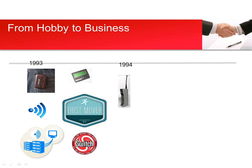Again, technological advances are very fast in the field. By 1994, Motorola came out with their first mobile phone. It was a brick phone, and there was an even bigger unit that I had my driver carry around with me whenever we went out. That was how big it was. This did not get us concerned, but